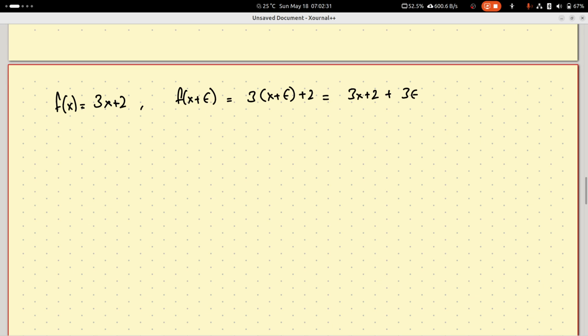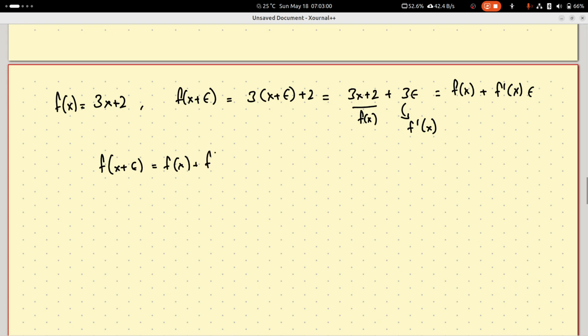Now this, like I said, so this part is f of x and this 3 is f dash x, and yeah, that's why it's so cool. And if you want to be slightly pattern matchy in your thoughts, you might have noticed that f of x plus epsilon is f of x plus f dash x epsilon, and this means f dash x epsilon is equal to f of x plus epsilon minus f of x, which is very similar to what we started off with,